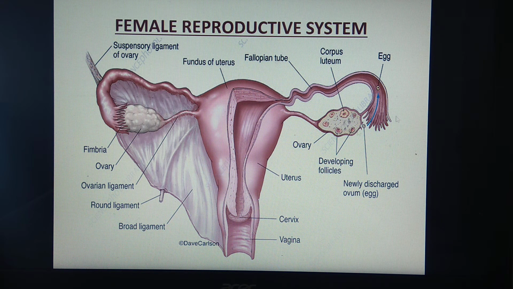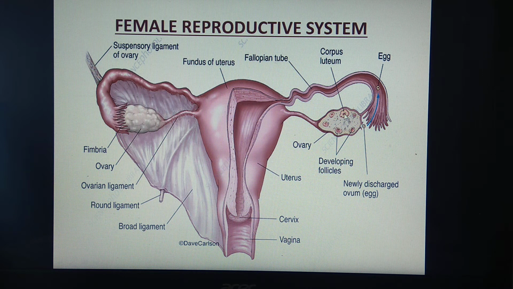Then we have to study the hormones which are secreted by the ovary. These hormones secreted by the ovary are estrogen, second progesterone, third relaxin, fourth inhibin, and the fifth is activin. We have studied all these hormones and their roles in the topic hormonal coordination. Once again we are going to repeat the roles of these hormones. We will see estrogen first. It is concerned with development of secondary sexual characters. Second hormone, progesterone, which is secreted by the corpus luteum.